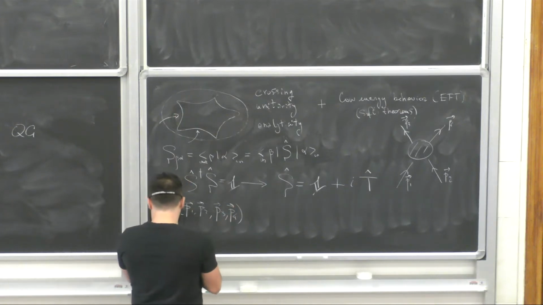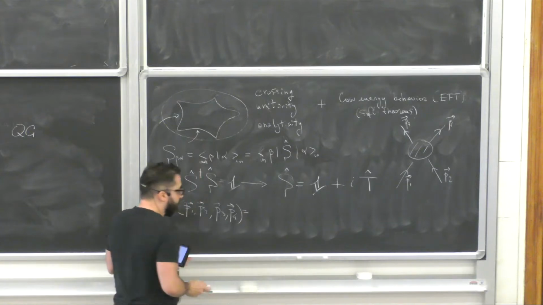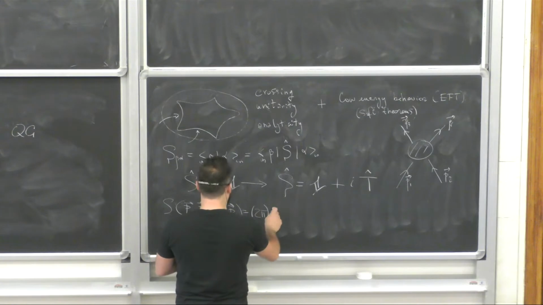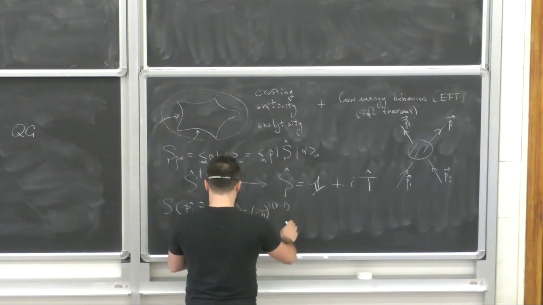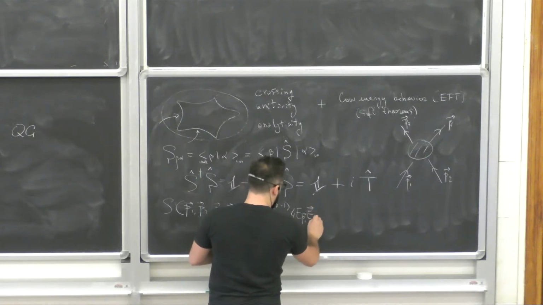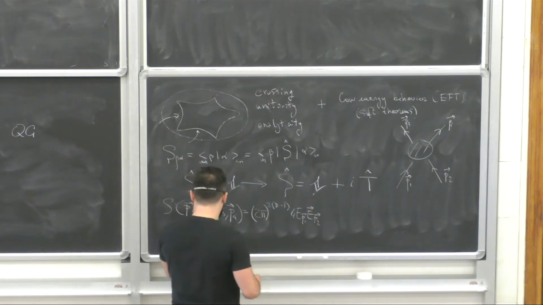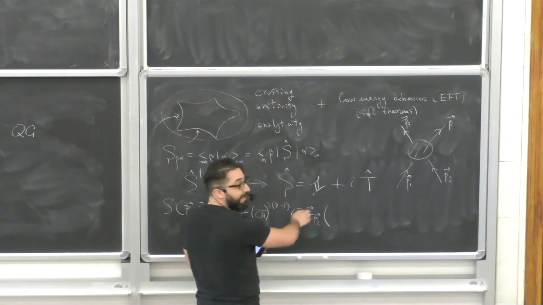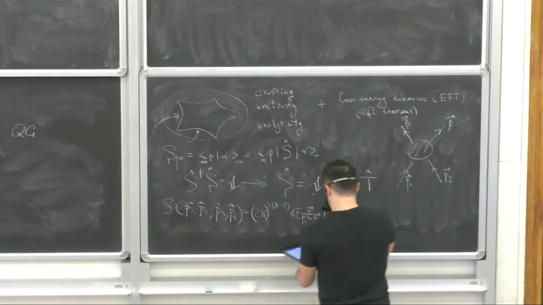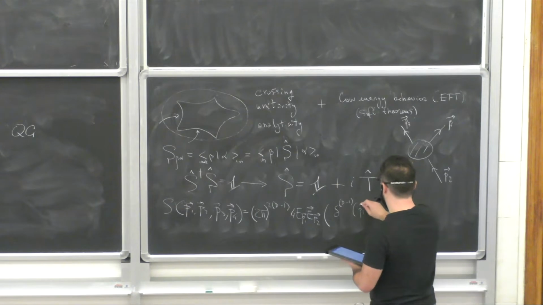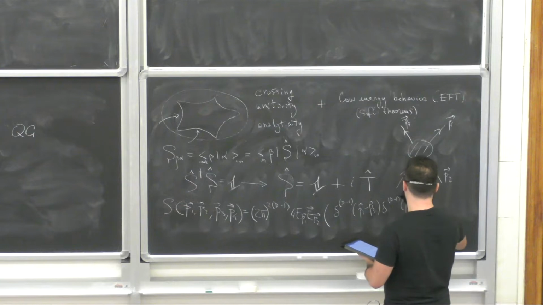Okay? Let me write it more explicitly. In generic dimension, so in any dimension, this will be some conventional factor (2π)^(2d-1). Then there will be the normalization of the delta function, which is energy of particle 1, energy of particle 2. And then there is this disconnected contribution that corresponds to the identity operator, where the particles fly off without interacting. So there will be some δ^(d-1)(P1 - P3) δ^(d-1)(P2 - P4),